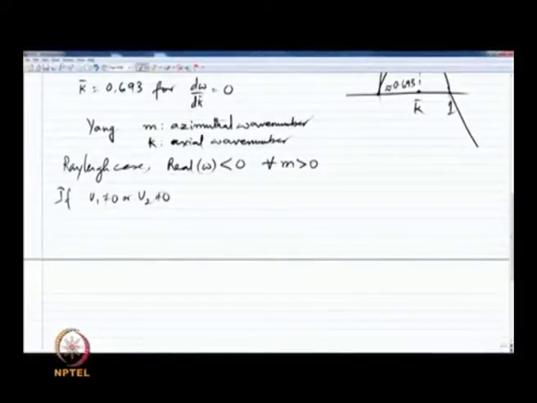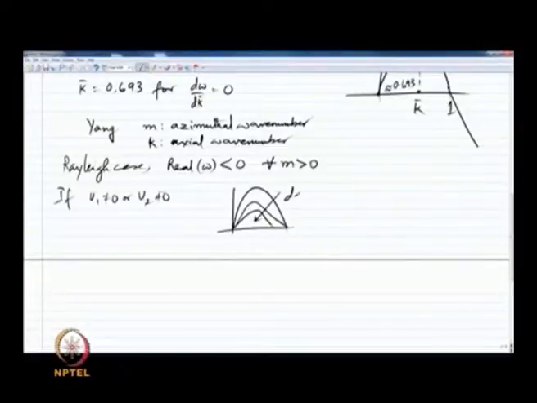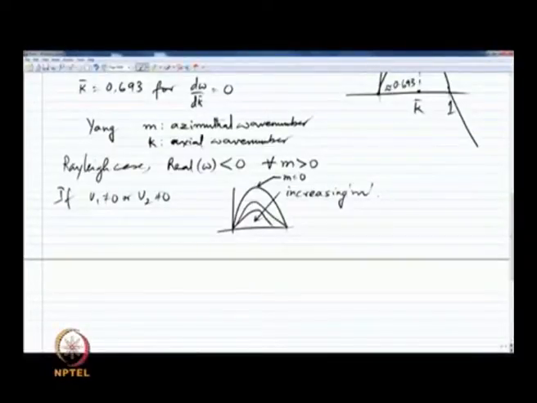For this case, the dispersion diagrams for different m,